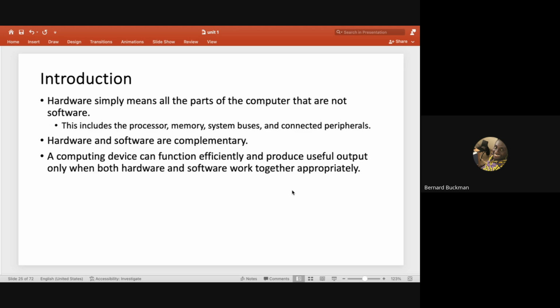Okay, when we say computer hardware, we're simply referring to the physical components of the computer, the parts of the computer you can touch and see. Because we cannot touch and see software. Software is intangible, but hardware is the tangible part. Examples are the keyboard, the mouse, the memory, the system units, the camera, all of those things you can see and touch are the computer hardware.